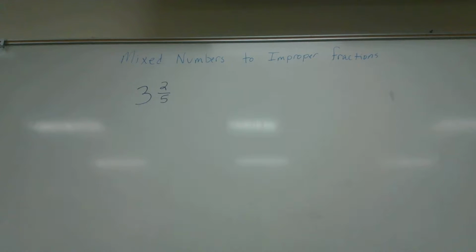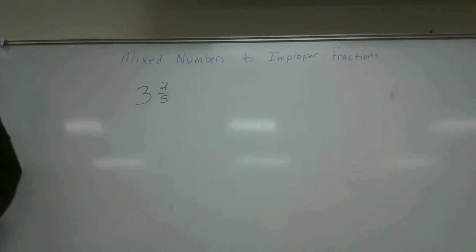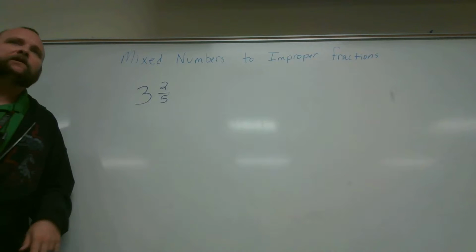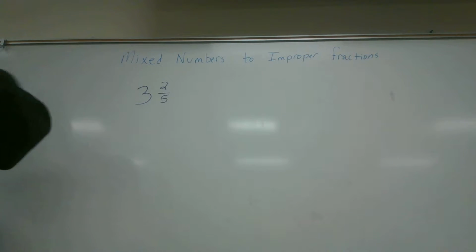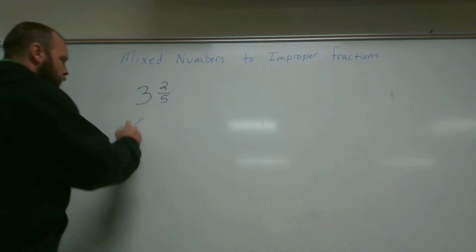For our example here is 3 2/5. The number 3 2/5, our whole number is 3, and we have our numerator of 2, our denominator of 5. So that's more than 3 but less than 4. 3 2/5 of a pizza. That means you ate 3 whole pizzas and then 2/5 of the other one. So you might see it written